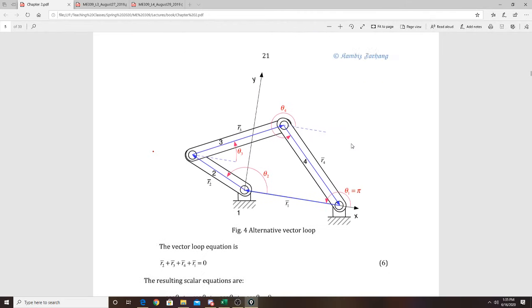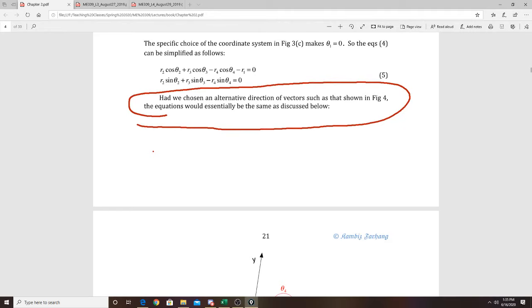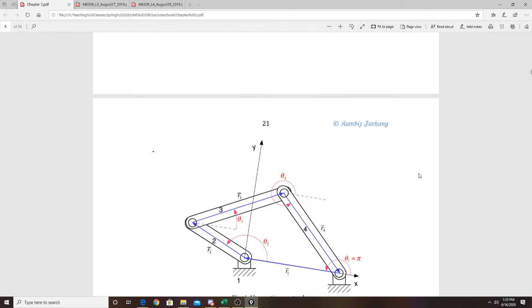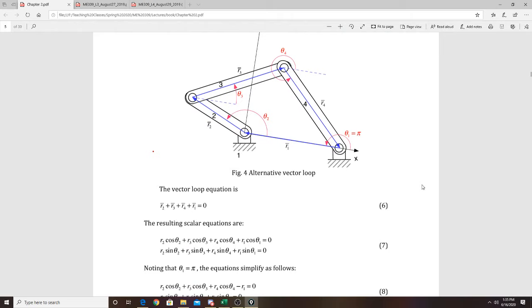Alright, so then the next part is basically what this is telling you: if you would have chosen a different direction of vectors, you would essentially get the exact same thing, right? Because all you're doing is just setting up the equation and getting rid of unknown or known things at the end of it. So if you did different vectors, right? So for example,